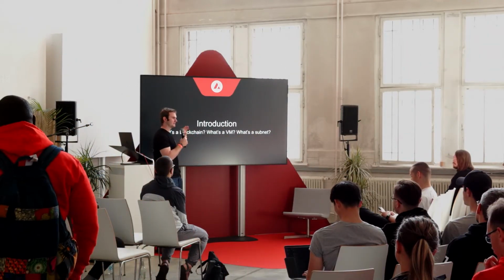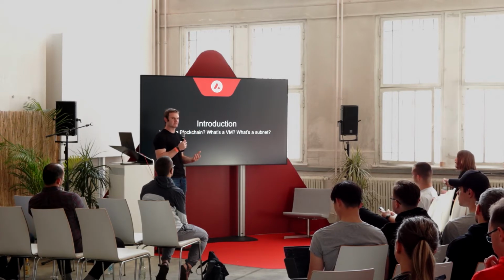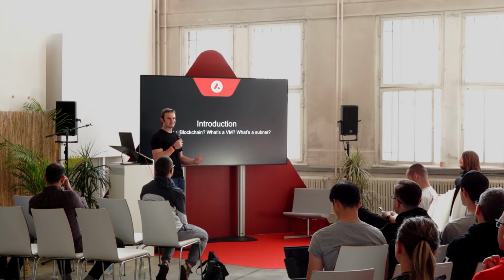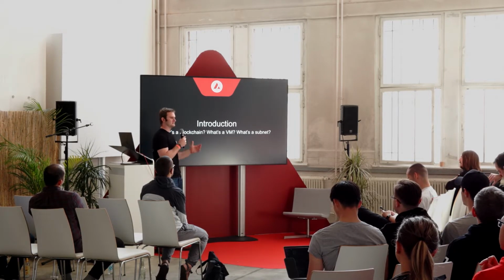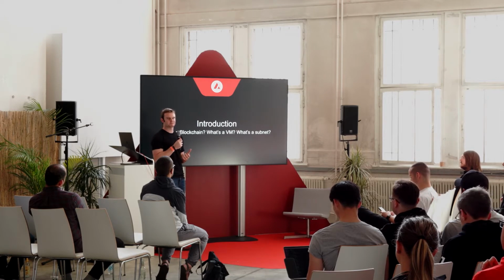So in Avalanche, this is what we define as the VM, and you can actually build your own and deploy it on a subnet. That brings us to point number three, which is what is a subnet? Hopefully you have had at least three people explain this to you this weekend, or even better if you have been in the community for a while, maybe you already know. But a subnet is, to explain this in a very technical way, the conjunction of a validator set and a set of blockchains that they choose to validate.